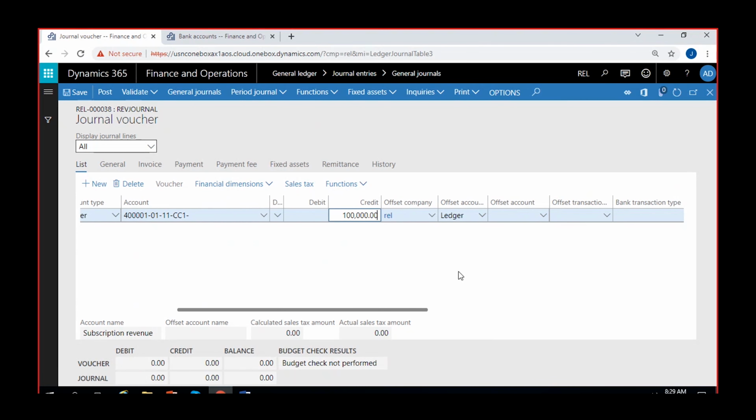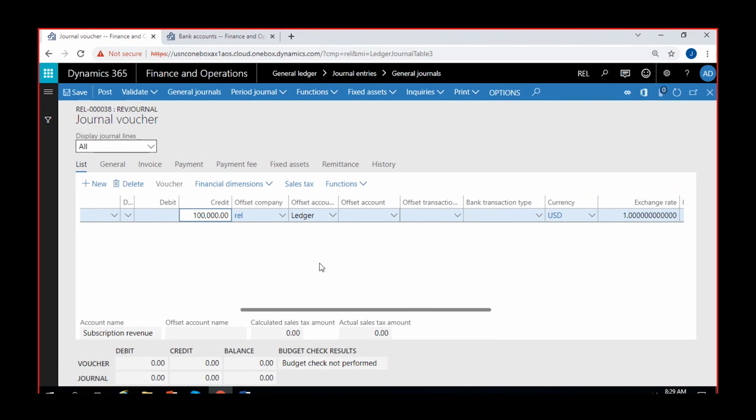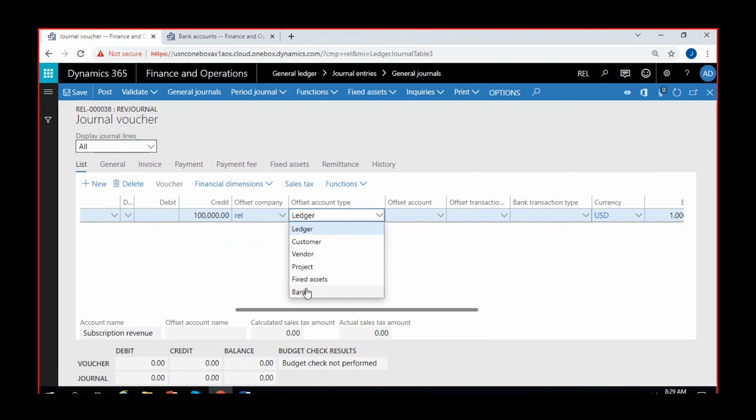1 lakh. And ledger account here, offset account. Offset account, I'm taking it as bank account. So how to select a bank account in the journal means here you select the offset account type. Offset account type is by default ledger. Change it to bank here. Offset account type is bank and offset account is